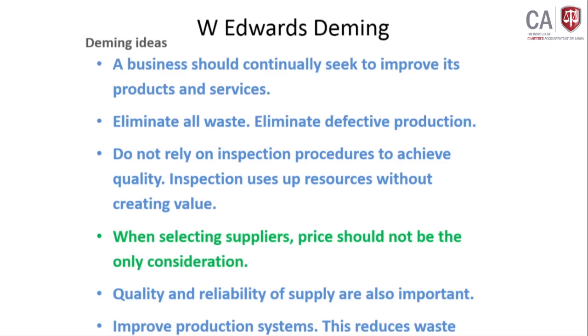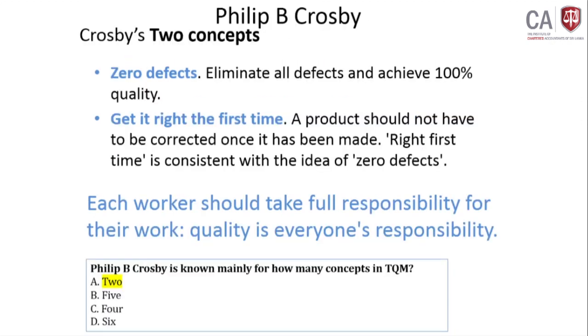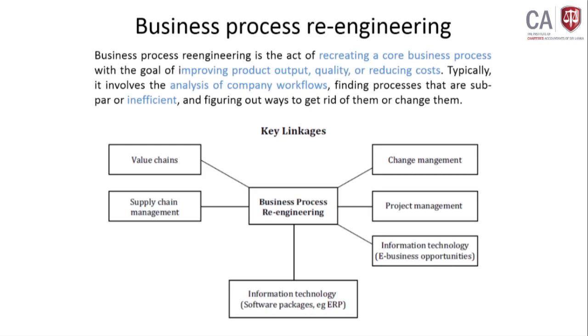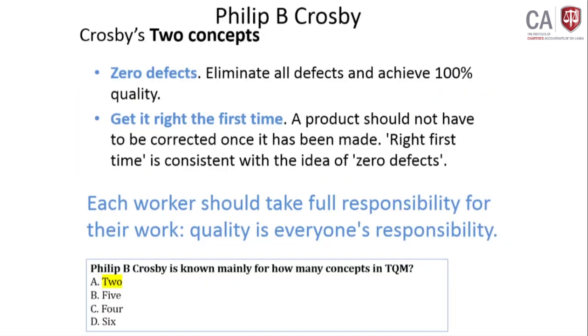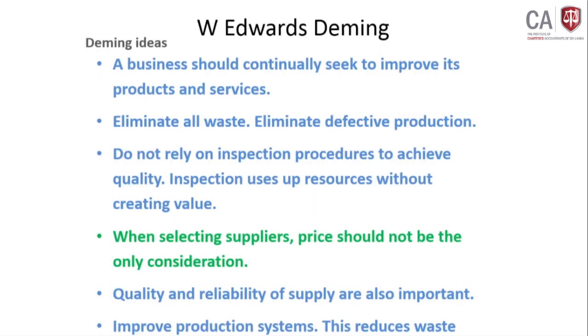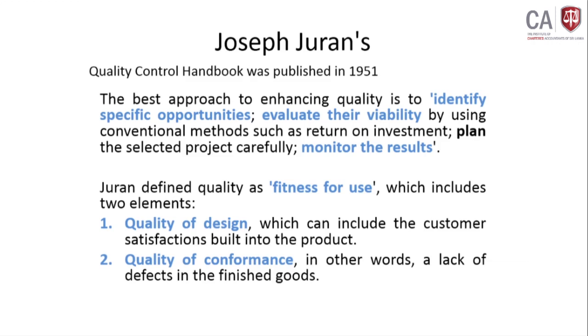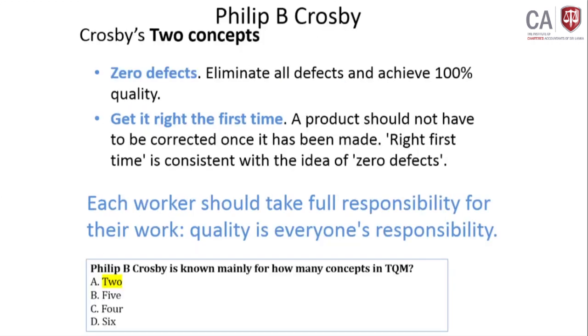So there are some people: W. Edward Deming, Philip B. Crosby, Joseph Juran, the Ishikawa approach. There are so many other people, and when their names come to your mind, you have to identify what did they say. What did W. Edward Deming say? What did Philip B. Crosby say? What did Joseph Juran say? If you are remembering those things, definitely there will be some question regarding these things. So it is easy for you to answer thereafter.